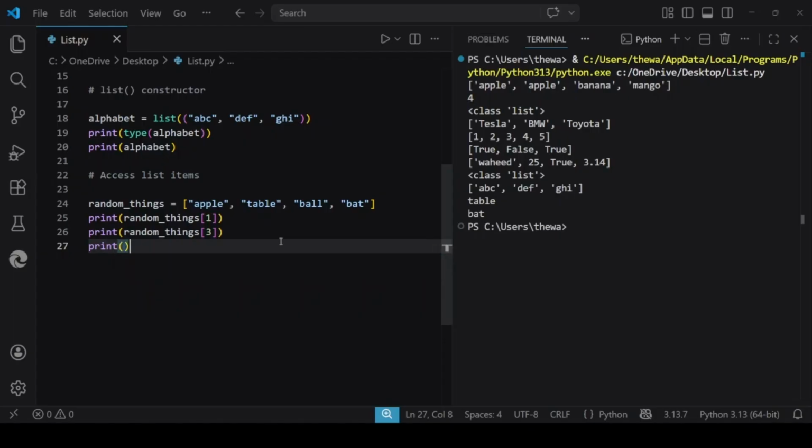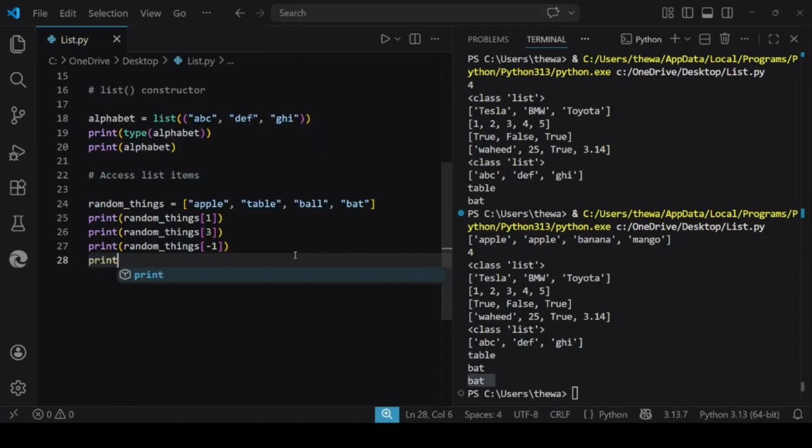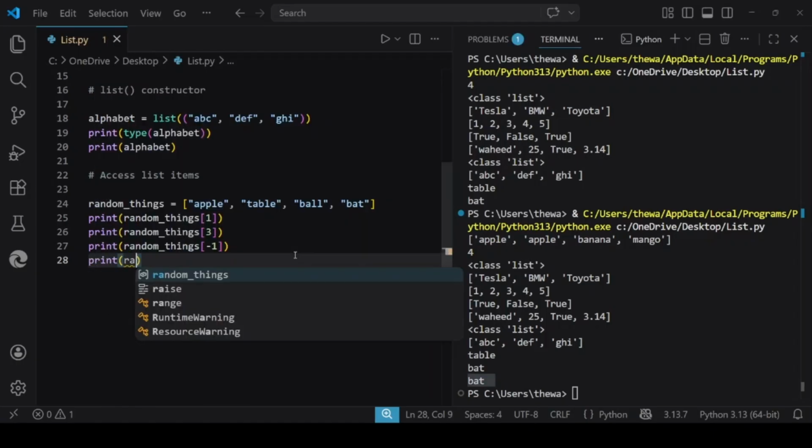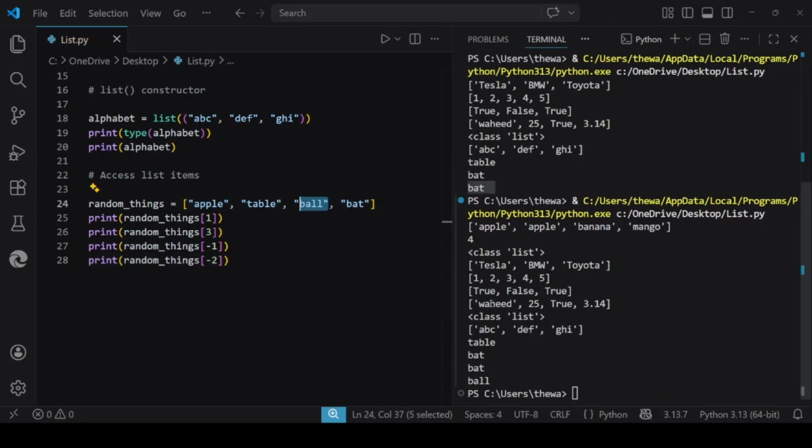bat. Okay, I can also use negative indexing. I can type right here -1. It will then grab the last value. Okay, if I just say -2 in the random things, it will grab the second last value. So this is how negative indexing works, and this is how simple indexing works to access any